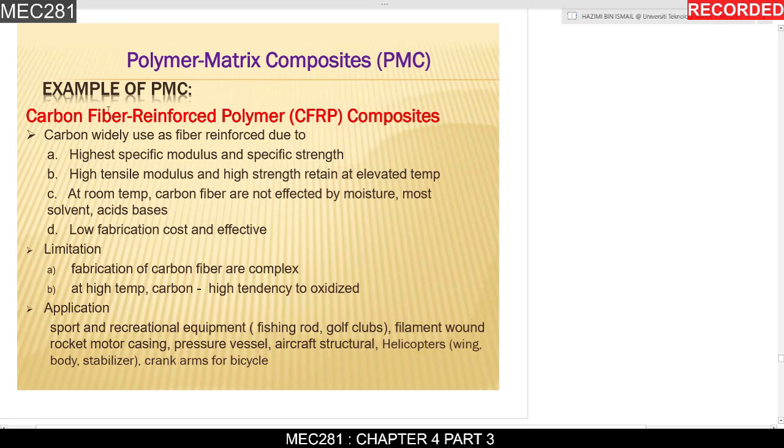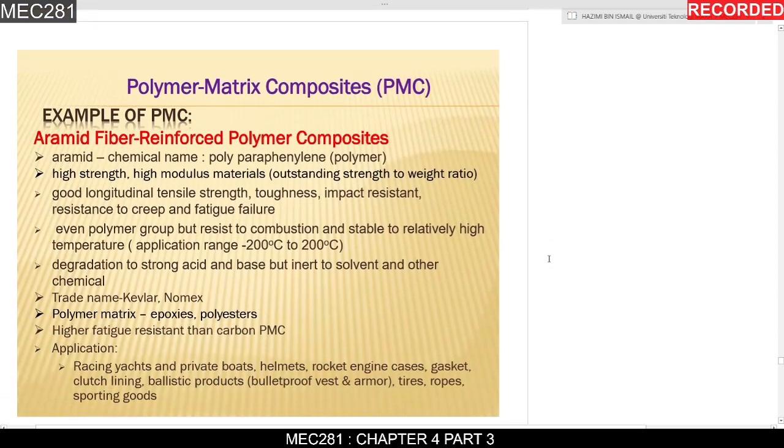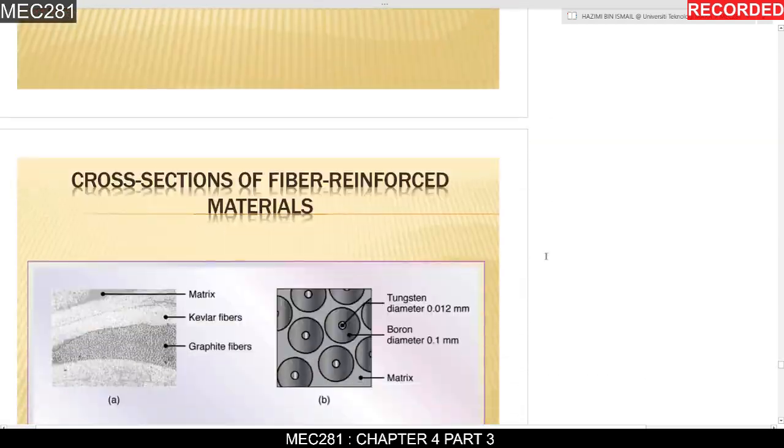Okay, this is widely used in sport and recreational equipment and so on. Okay, so most of the material found in our daily life also come from the PMC, polymeric composite. Okay, and we now go to the